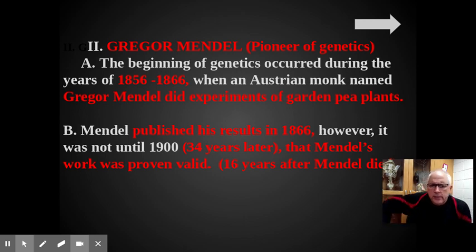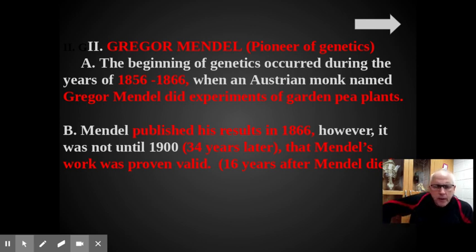And what's amazing is he did these experiments over a 10-year span, which if you know how impressive that is when I say that, because I have a hard time getting my students to concentrate on 2 days of labs, let alone 10 years, right? So he had a huge volume of information and data he gathered in a 10-year span. So this was not just some haphazard experiment on pea plants. It was well thought out, it was well done, and he was way ahead of his time as far as science goes. So he published his results in 1866.